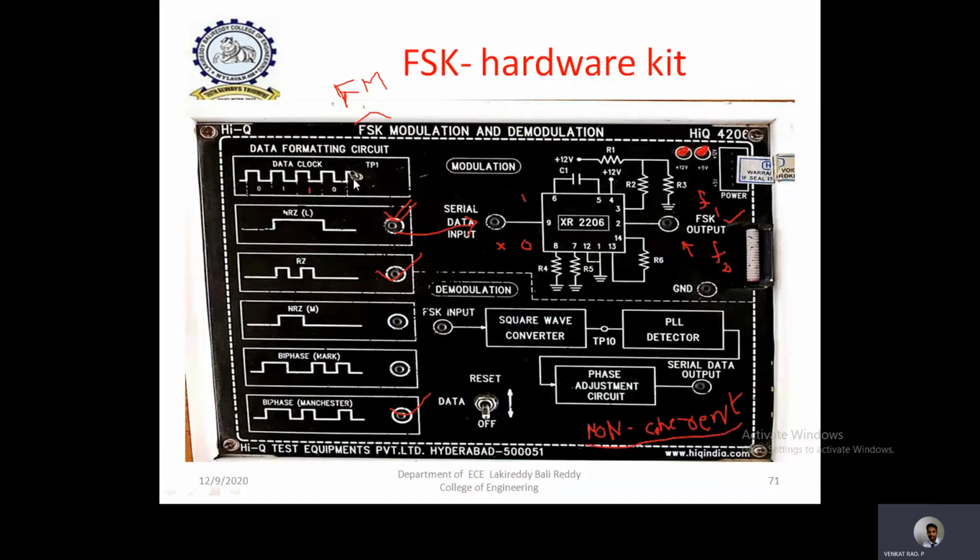And then the second step is to observe what data input you need to give to the modulator. So here there are different options, 6 options. All these 6 options are nothing but different line coding techniques. Here what is the meaning of line coding technique? Line coding technique means representation of input binary ones and zeros in an electrical form having high and low pulses. So different line coding formats will represent each 1 and 0 in a different way.